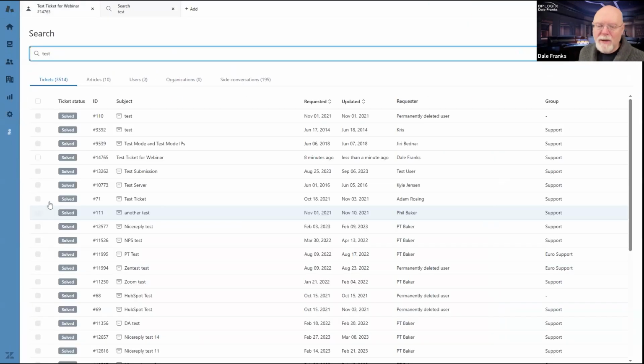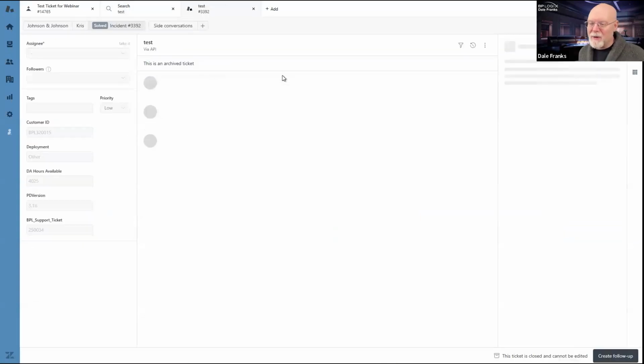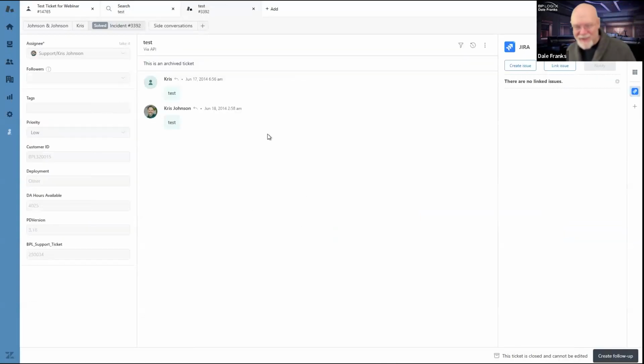We'll go with test. And see, that was from a permanently deleted user. So let's go with Chris. We disabled him, but we didn't delete him. Okay, great. This ticket is closed. I can't do anything with it. I can't reopen it. I can't close a ticket manually as a support rep. The system automatically marks solved tickets as closed after 2 weeks. I can't go back and unclose them. I have no access to closing. There's no human action for closing.